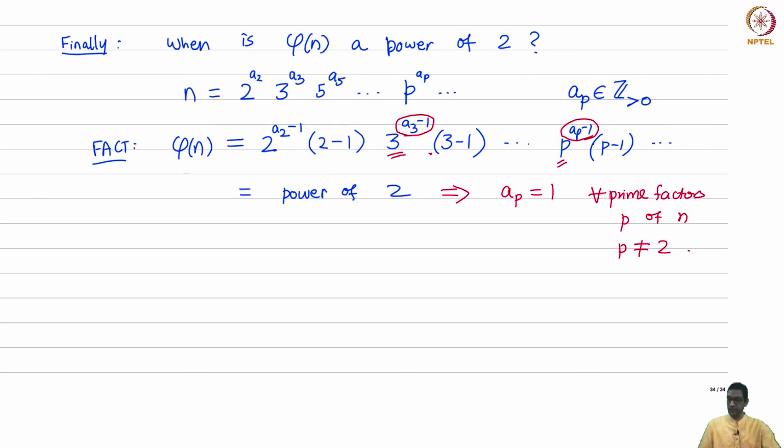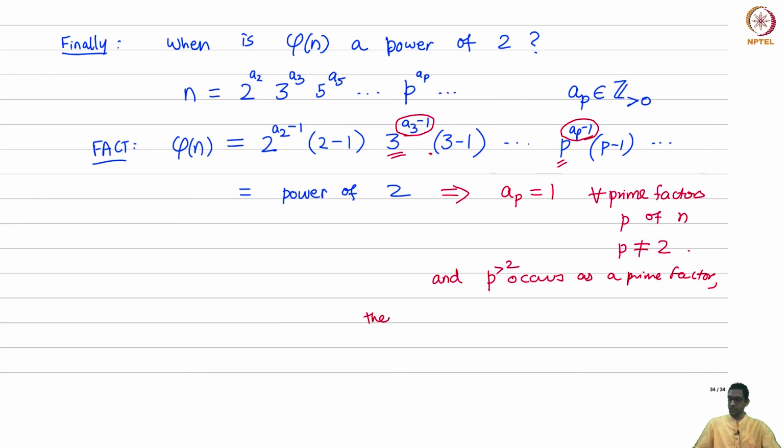And further, what more do you want? You need something more: if a prime P greater than 2 occurs as a prime factor,